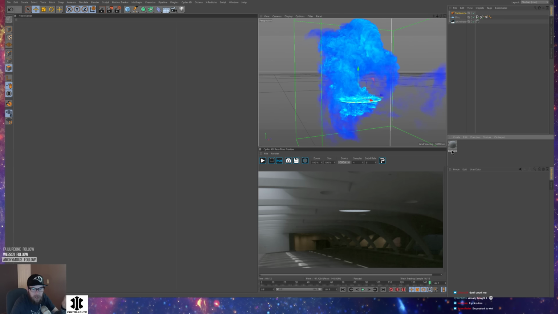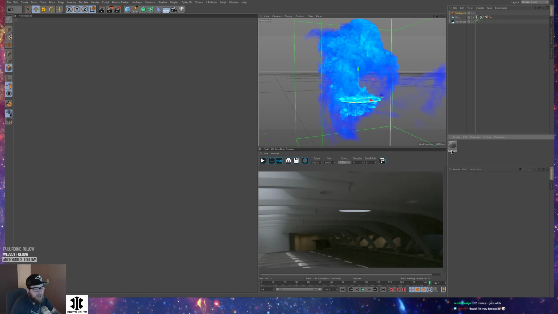What are the speed comparisons, Octane versus Cycles? I don't know. Personally, I haven't done any tests, because Cycles is fundamentally a more capable renderer for me, and it's much faster than Arnold. It's probably not faster than Octane, but Octane can't do 90% of the stuff that Cycles can do with X-Particles, with MoGraph, with all the other good stuff that Cinema 4D has inside of it. Vertex maps. Oh wait, I'm sorry. Vertex maps are coming soon to